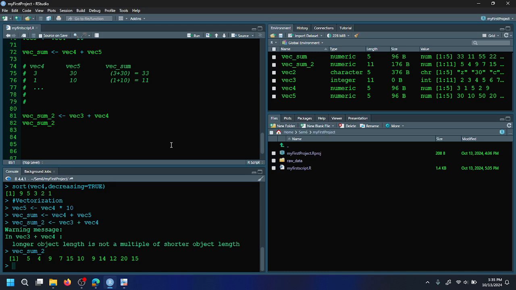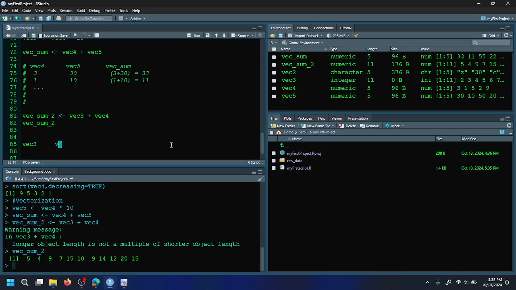In this case, vec4 has 5 numbers and vec3 has 11, so R is going to effectively repeat vec4 a few times, and then do the sum. Just to make this more clear,